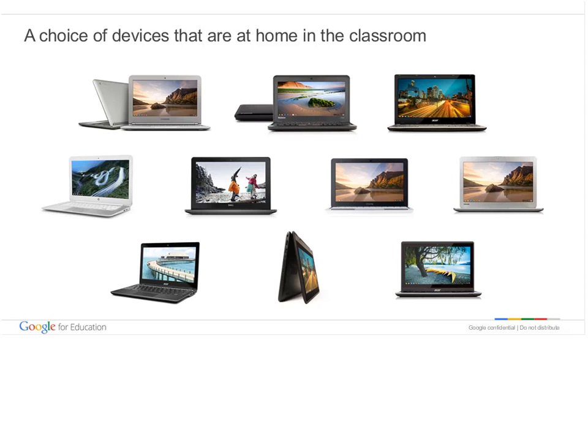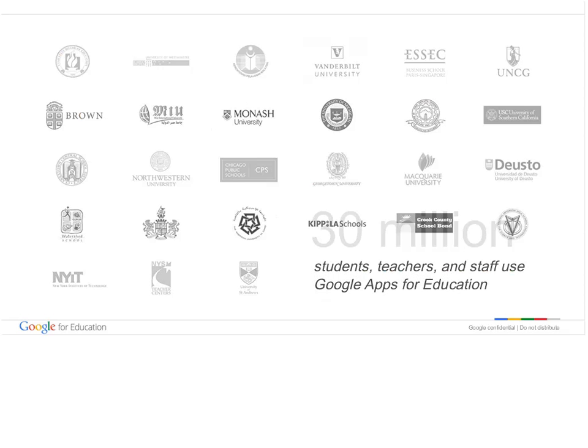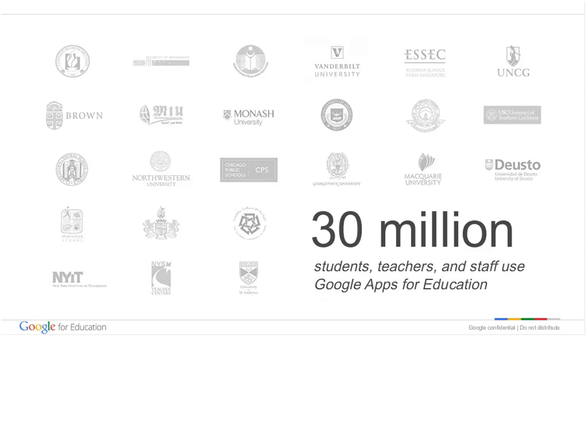So almost every manufacturer that your school likes and uses, whatever brand it is, probably has a Chromebook available for it. And again, the secret of the Chromebooks: very easy to manage, very easy to use. They boot up quickly, all of the kinds of things you've probably heard about. And Google Apps is used by 30 million students, teachers, and staff across the world. So lots of experience, lots of great products for you.